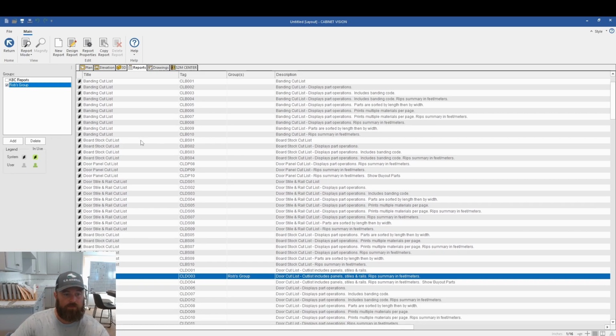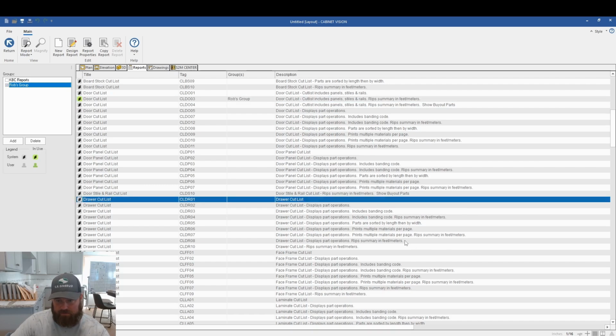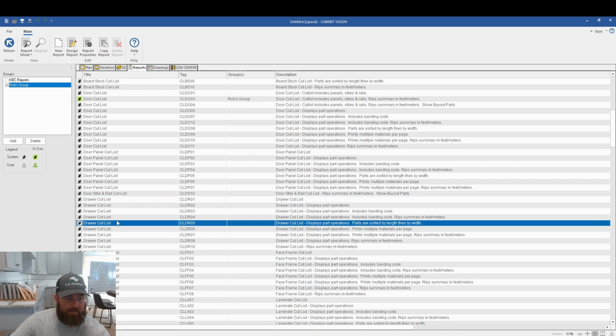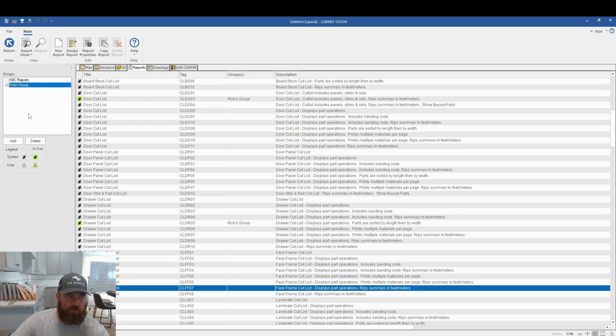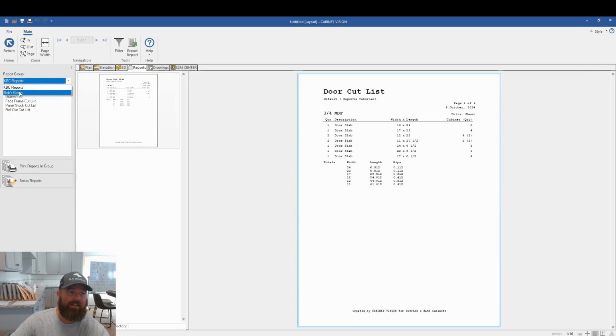I'm going to hit Rob's group. Let's say I go down and I'm just going to pick a random one. The drawer cut list. Let's say we don't want a banding code. Let's just say sorted by width and length. I turn that on. Same, do this face frame. We'll turn it on. So now if I go back, I have the option to select Rob's group, and it gives me these